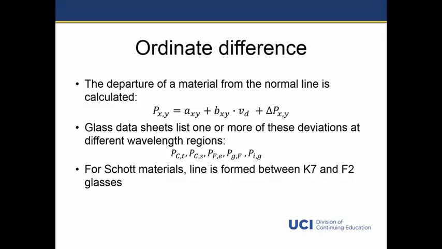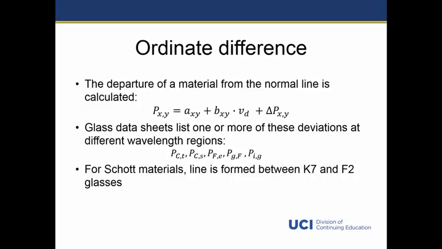But first, let's look at this calculation a little bit further, and then we will look at the plot of the materials. But this term we've added here is how far a particular material departs from that normal line. When you go to the manufacturer's data, you will find that they list these deviations over several wavelength regions,